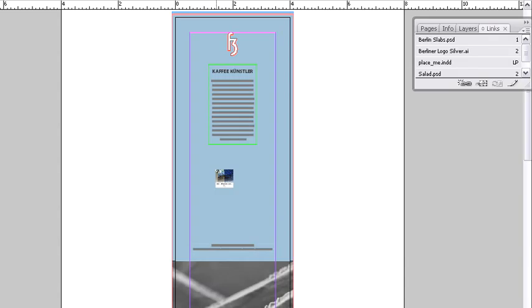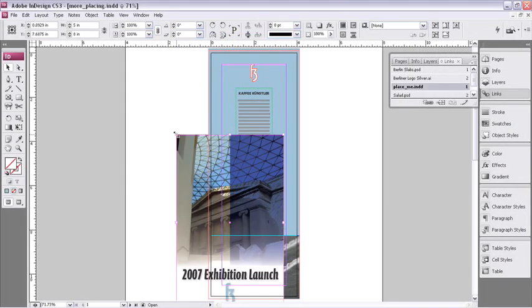This is the first page of the invitation postcard, and as I hover my cursor over the middle of the page here, I can also see that the place cursor has the little parentheses around the cursor. That indicates that I'm hovering over a frame that I would place into. So I don't want to click at this point because it would actually place this artwork inside this blue frame. So instead, what I'll do is I'll hover over here on the pasteboard just to drop that down out here for now. So a single click, it drops that down on my pasteboard,